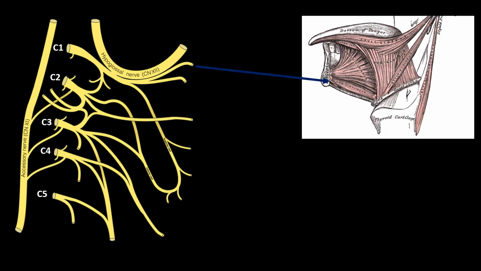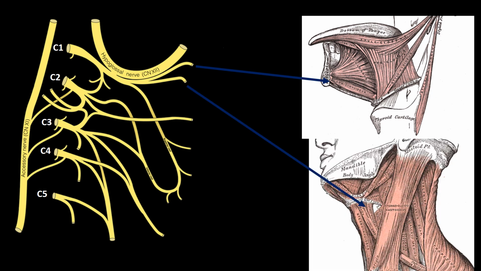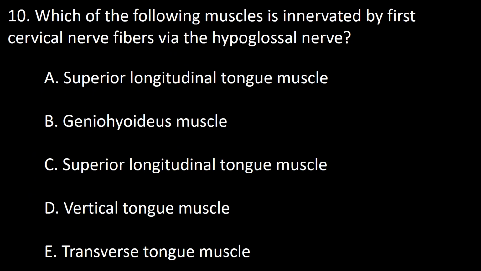Here we can see that C1 gets close and is joined by the hypoglossal nerve, and its fibers go on to innervate the geniohyoid and the thyrohyoid muscles. As you can see, both are innervated by C1 fibers that briefly join the hypoglossal nerve. So the answer to this question is